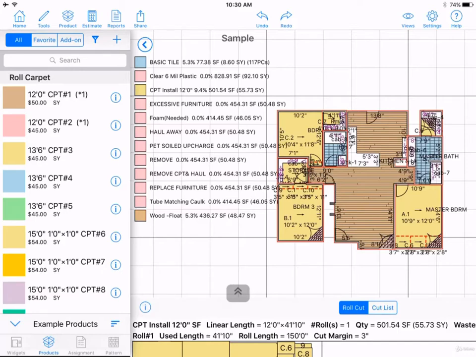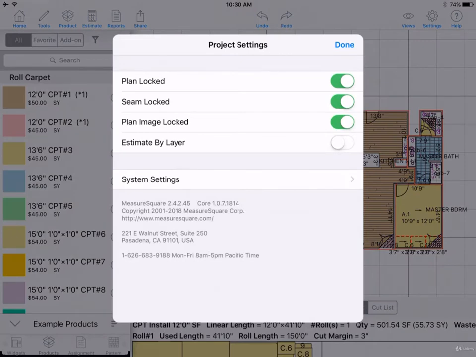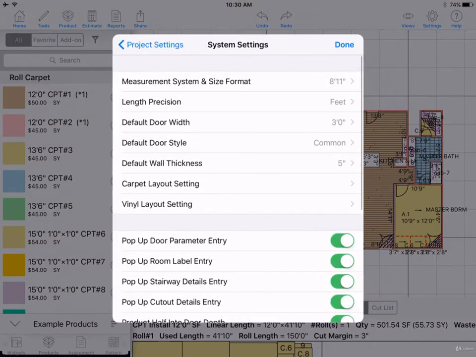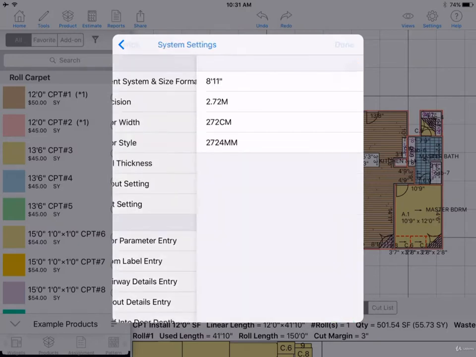In this video, you'll learn how to customize system settings. Click on the settings icon, then system settings. You can change a lot of the default options, such as choosing the metric or imperial measurement system,